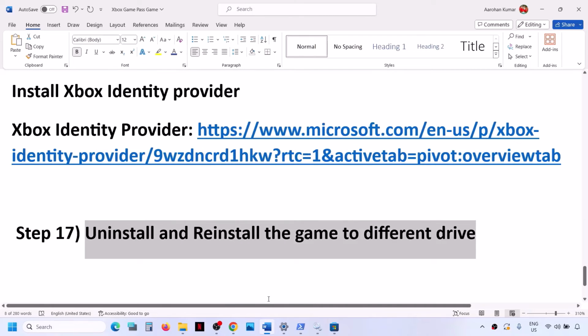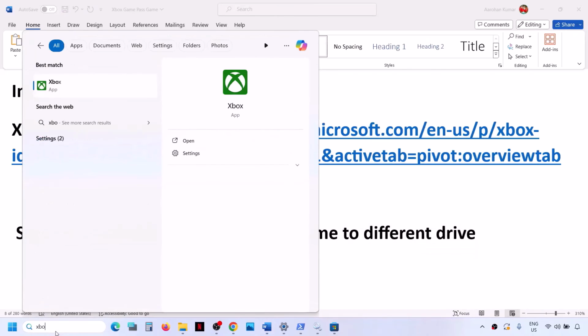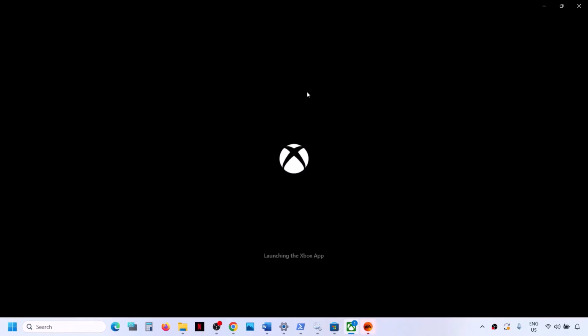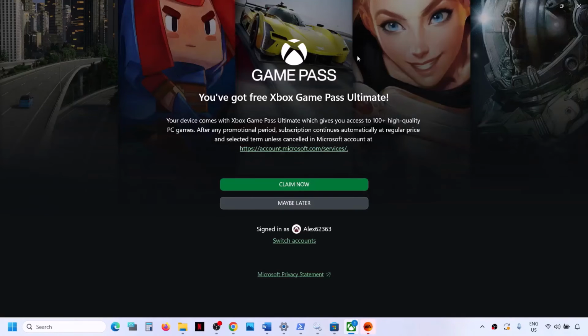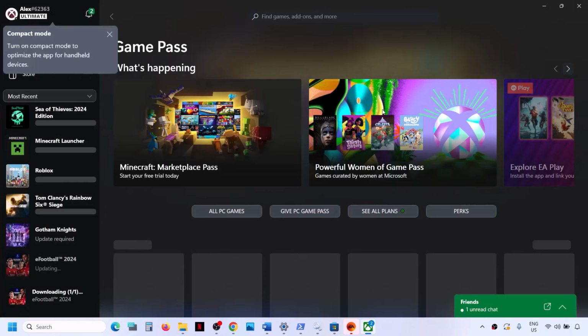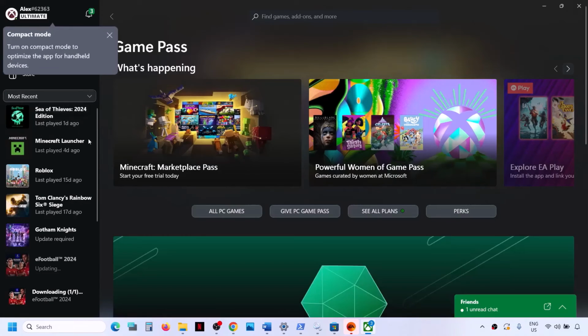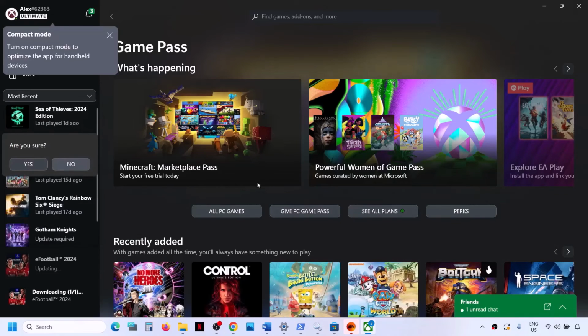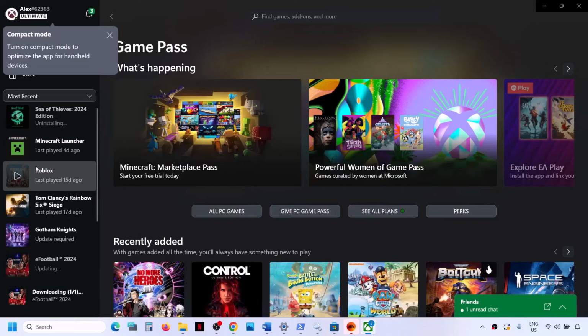So if nothing is working, you can open Xbox app or Microsoft Store, and then you can try to uninstall the game and then reinstall the game. You can simply uninstall and reinstall. So go to Xbox app or Microsoft Store, and you can right click on the game and then click on uninstall. Yes. And once the uninstall is complete,